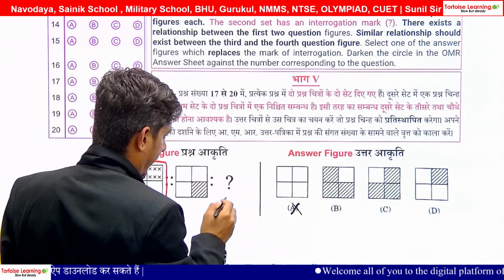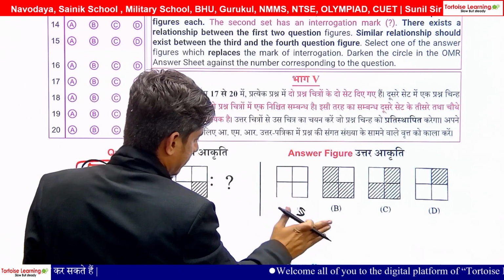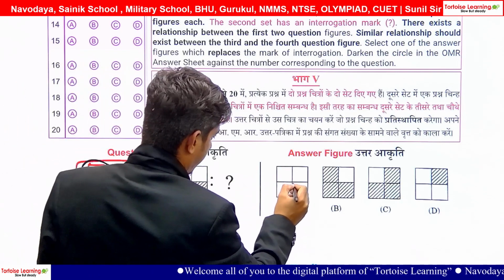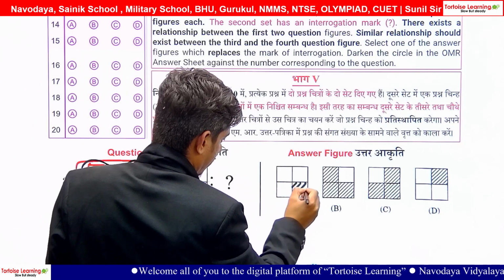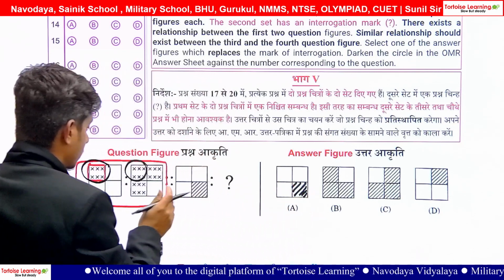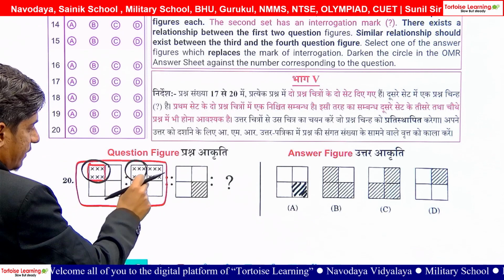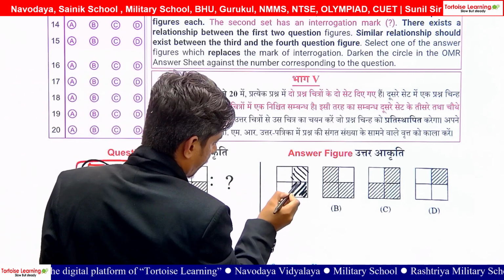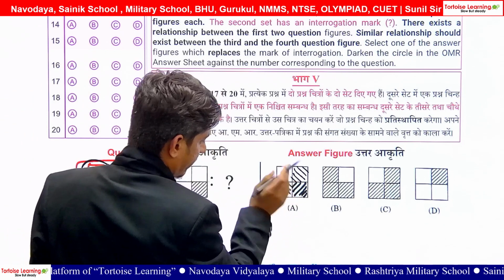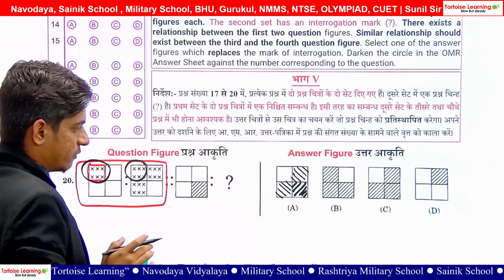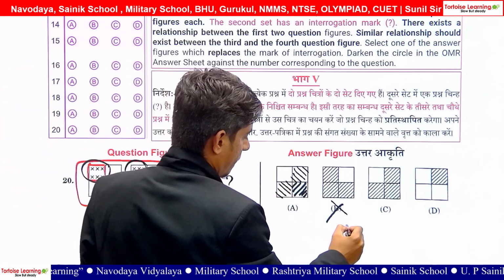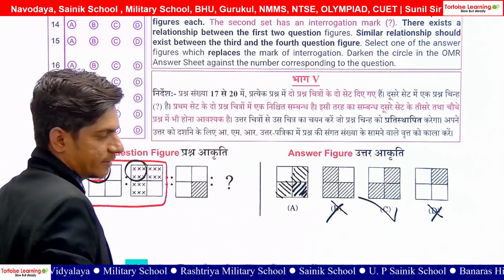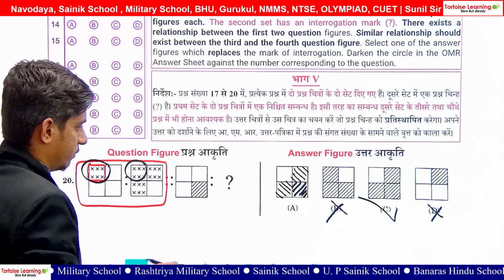So I will say what type we need. This should be filled, this should be filled, and these opposites should also be filled. We need this type. This is wrong, this is wrong, so C will be our correct answer. Next,